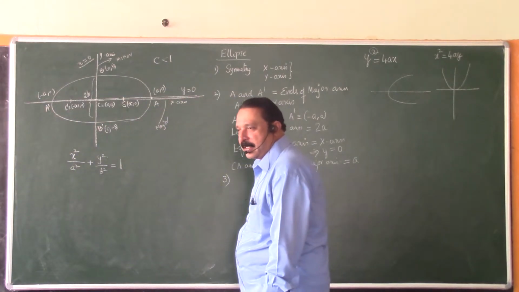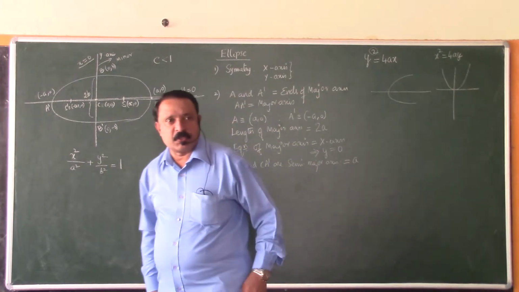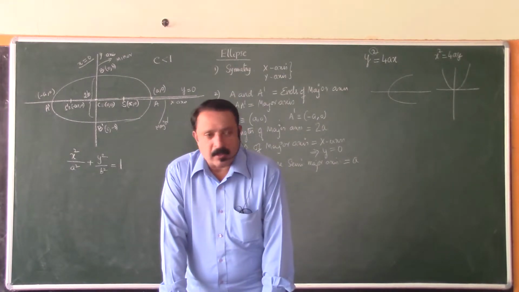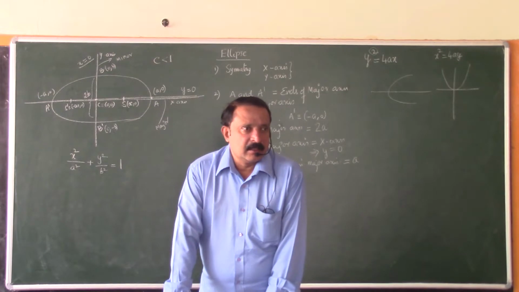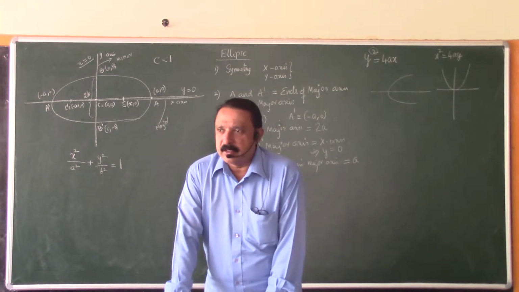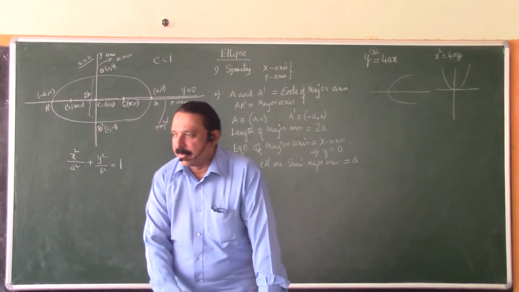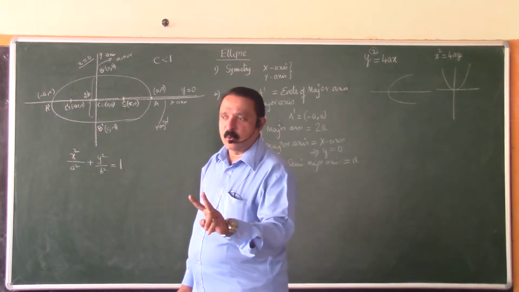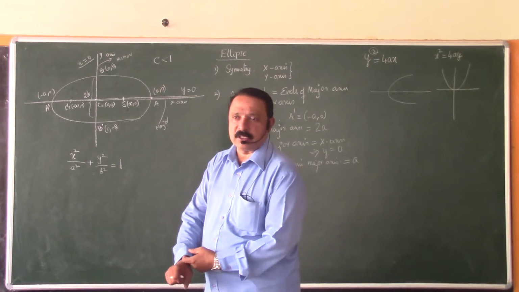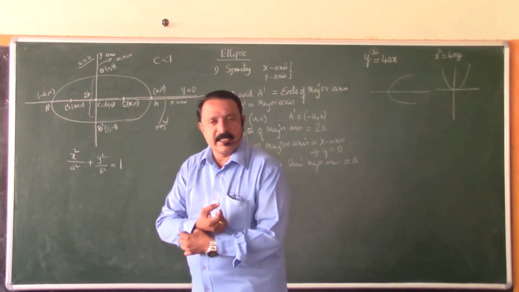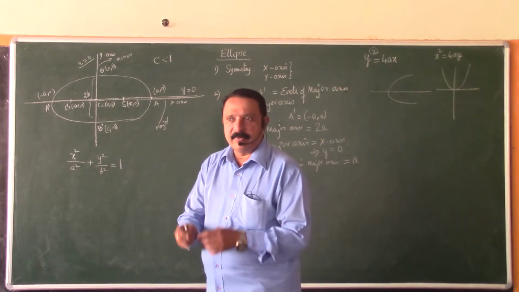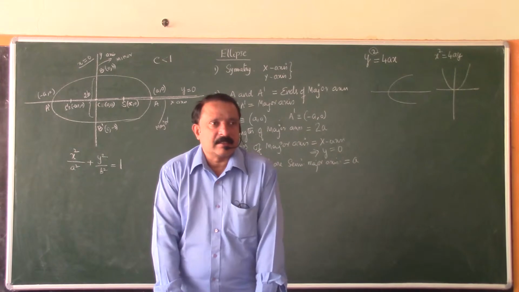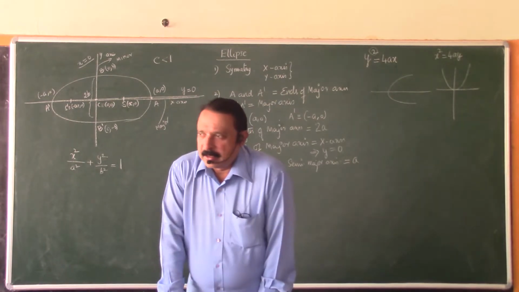This is very important. Usually you will have 2 questions from the lesson ellipse. So we should work out all problems and know all details. 2 questions for 2 marks will come in CET examination. And in hyperbola also you will have 2 questions. In parabola you will have 1 question. In circle 1 or 2 questions. So totally you will have around 7 questions from this lesson. And it is easy also. So that is why I am first focusing on all the easy concepts where you can score some marks.